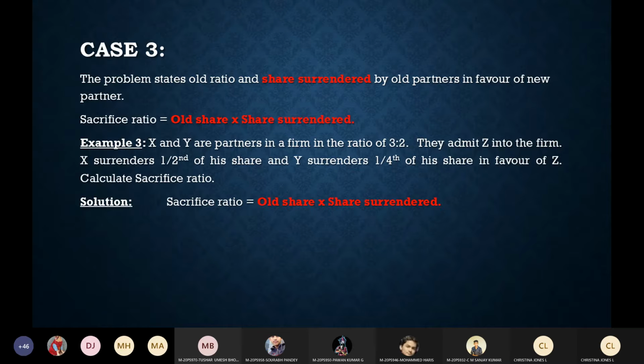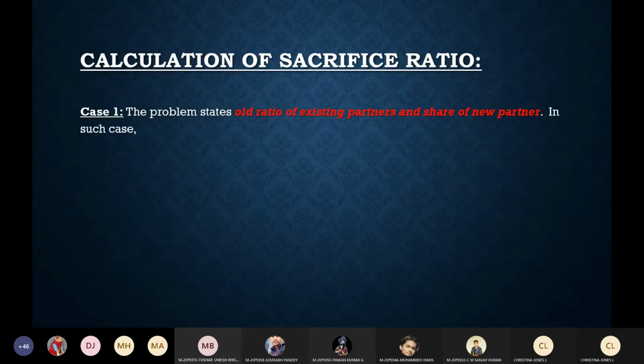Instead of directly giving you 5 chocolates, X gave away 5 chocolates. Instead of giving it directly in chocolate format, they are going to give it to you in fraction format. He wants to give away half of his chocolates. He wants to give away 1/4 of his chocolates, like that. So you have to identify what is that half and what is that 1/4. Are we clear how to do this? Any doubts? Yes, following? Now, the question you may have is, ma'am, how do we identify whether it is case 1 or case 2 or case 3?